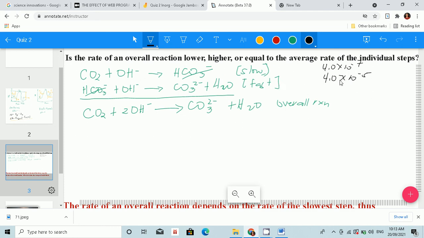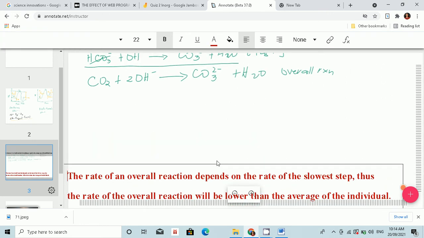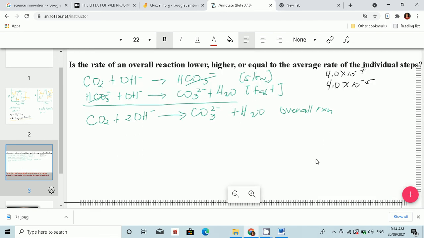So we know, class, that the rate of an overall reaction depends on the slowest step. Now, CO2 plus OH minus, which yields to HCO3 minus, is the determining step. So our overall reaction is lower